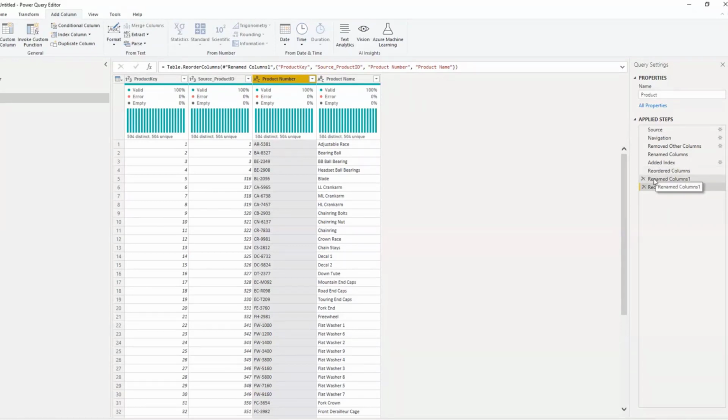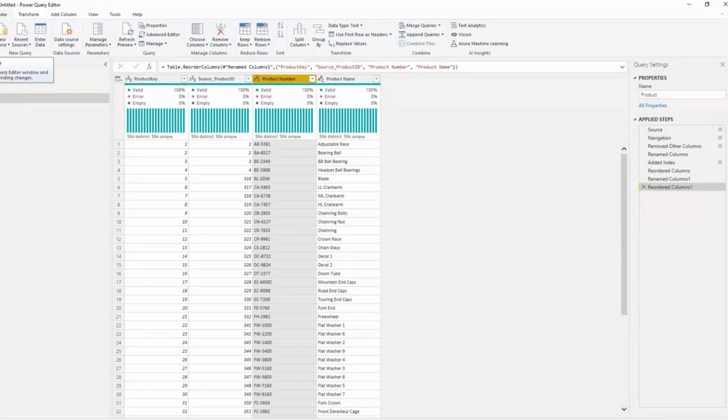And after creating the product dimension, once again, I want to move this product dimension that I created into my Power BI. So how I do that? Once again, click on the close and apply option in the home tab. You can click on the drop down option, and you can click on close and apply as well. That's also another option, or you can just click on that icon you see on top. And there you go, you have the product dimension in as well.